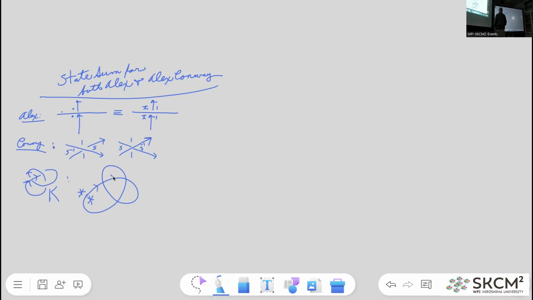And then let's orient it. A state is a choice between crossing and region, so that each region has one crossing chosen. Well, I think of a region as choosing a crossing, right? So this region chose that crossing, this region chose that crossing, this region chose that crossing. And then the relation between the diagram and the state is that this is equal to the product of the weights